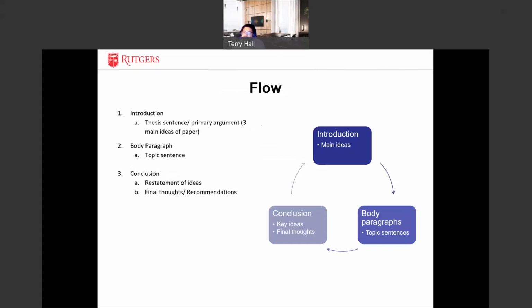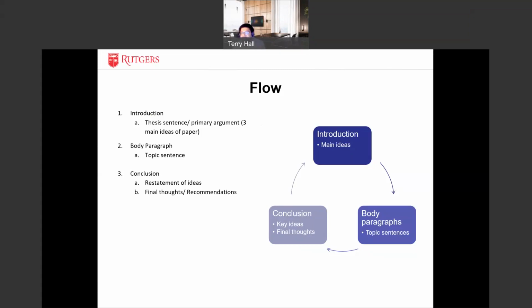Flow is a really important concept to establish early on in the paper. This can be established in the outline stage. And we see it in the outline stage specifically because we want to be able to move major elements of the paper about, and it's easier to do that from an outline, a skeleton of what the work looks like, as opposed to working with paragraphs at a time.